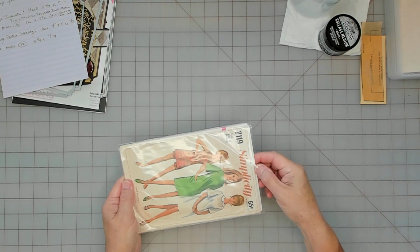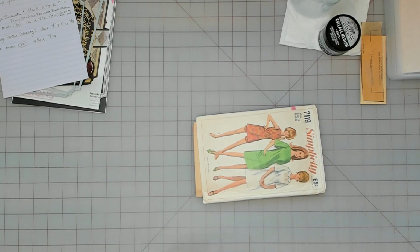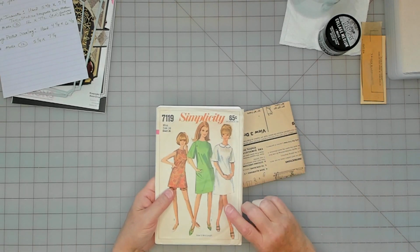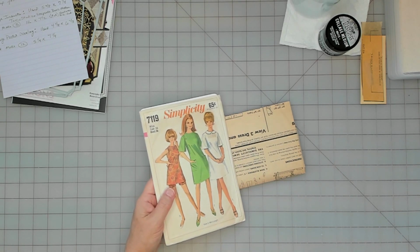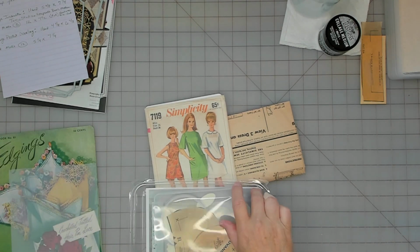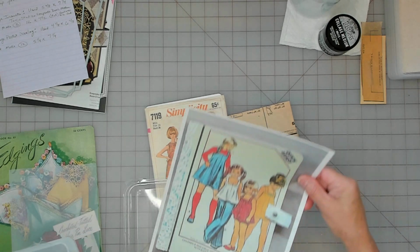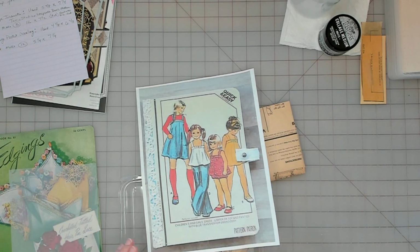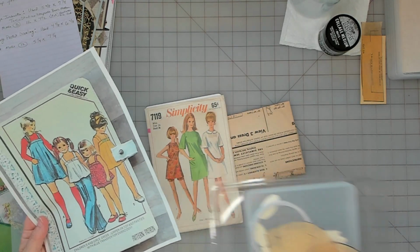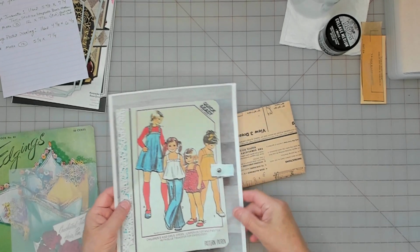Got this one here. Now, the one I did was, I've got this one to do too, this one is a McCall's. The McCall's are wider, so I really didn't have any issues of making up difference as far as size. So yeah,